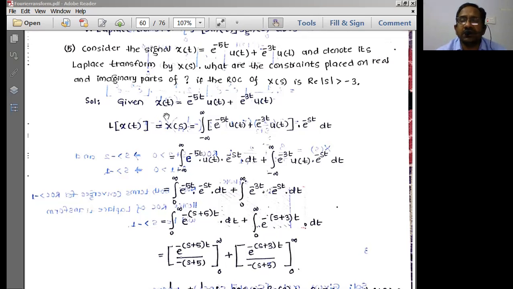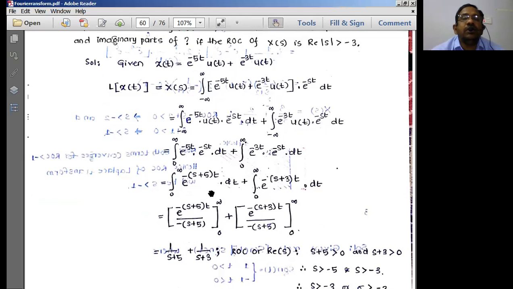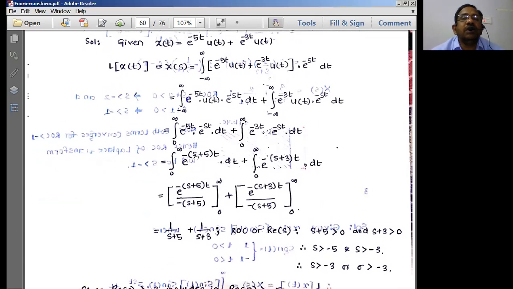So that means more or less we have to simply find out once again the Laplace transform and its ROC. So let us proceed further now. The given signal is x of t, this is the signal given. In this signal we have u of t. What is u of t? u of t is known as a unit step signal. The unit step signal is going to vary between t equal to 0 to infinity. Okay, and the value is equal to 1 over 0 to infinity. So that is what is called u of t.